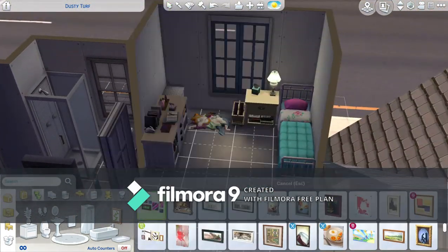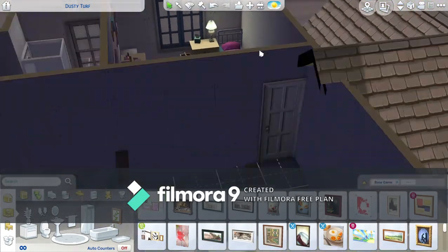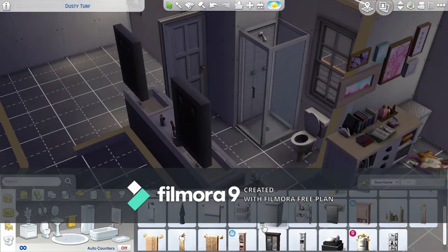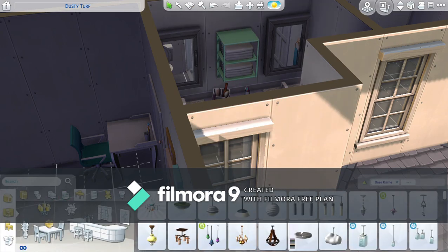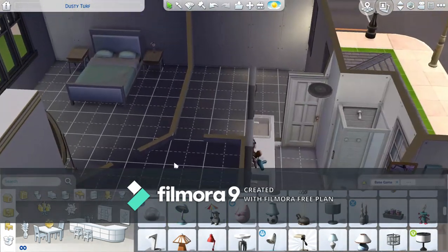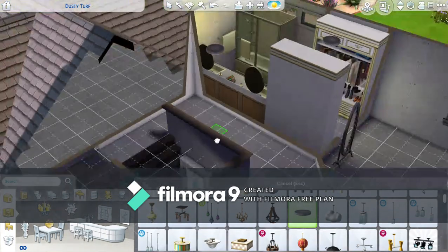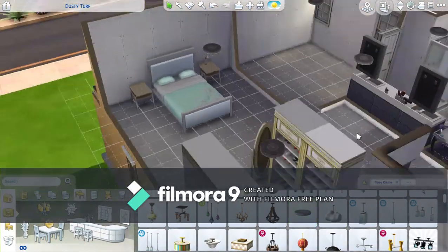Here is something that I regret about this build. The bathrooms are so narrow that I couldn't put towel racks in them. So I had to improvise. You'll see that I put that little, not cupboard, but shelf right above the sinks, but otherwise I couldn't put a towel rack up, and I was a little bit bummed about that. But I really wanted it to feel like two siblings lived in this shared space and had this Jack and Jill bathroom,